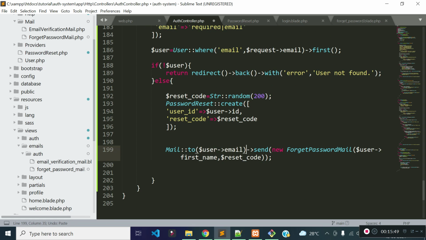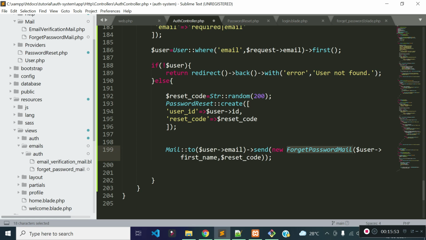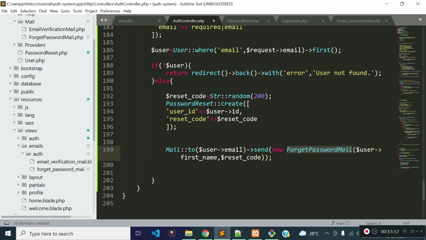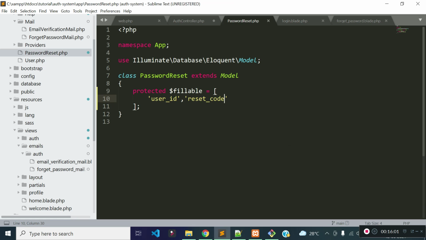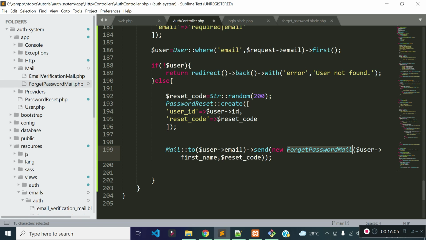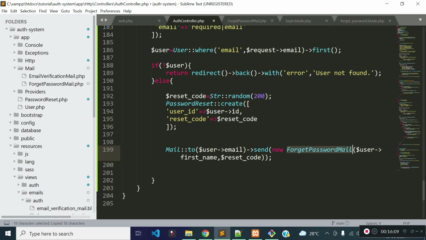And then we need to call the send method, and inside the send method we need to pass the instance of the mail class. What is the mail class? Let's open ForgetPasswordMail. Yeah, the mail class is ForgetPasswordMail. So we need to pass the instance.